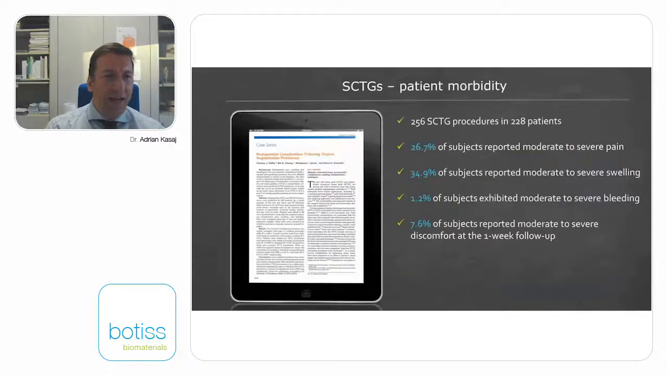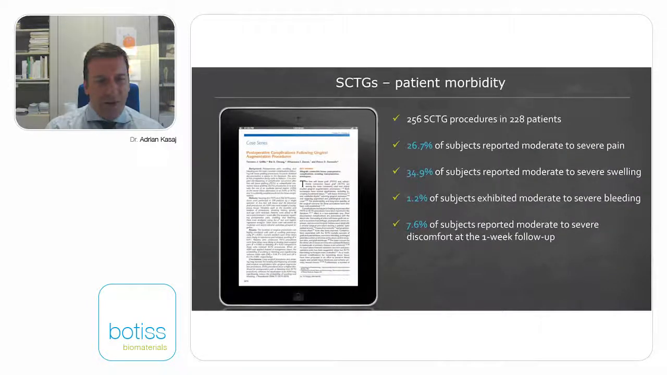And here a nice case series by Griffin and co-workers published in 2006 showing that after harvesting of connective tissue grafts, nearly 30% of subjects reported moderate to severe pain. Also, almost 35% of the subjects reported moderate to severe swelling. Bleeding was not the problem, but you can see 7.6% of the subjects reported moderate to severe discomfort at the